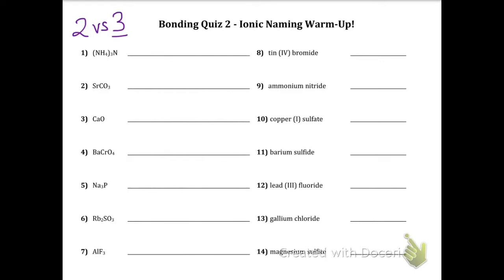Okay, so I'm going to do a quick count on this side. So I have 1, 2, 3 here, 2, 3, 2, 3, 2. For everyone that has 2, I just write the name of the metal, and I need an IDE ending at the end. So this is calcium oxide,